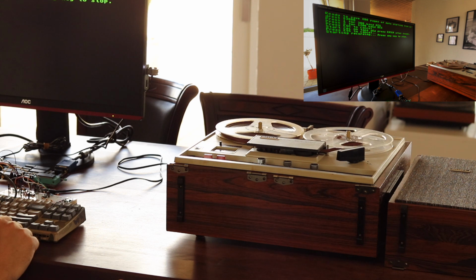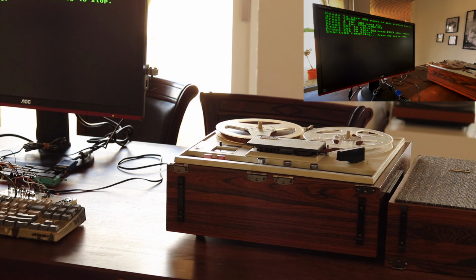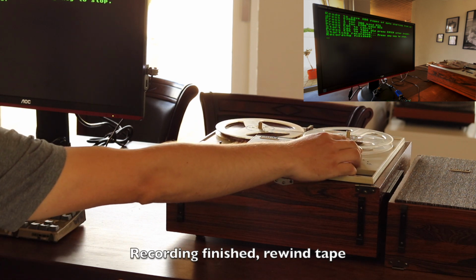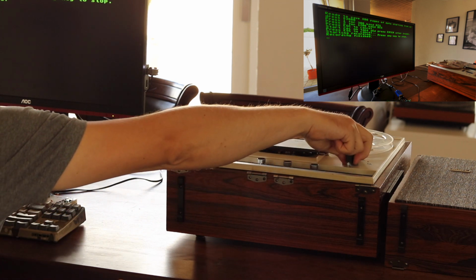Even though I only recorded at 300 baud here, I actually had no problems recording at 1200 baud when I was testing. Maybe it wouldn't be this easy if I was using cassette tape instead of a quarter-inch tape, which probably gives me a bit better bandwidth, but either way, I'm super happy with the quality I get out of the used tape I have, which is actually from the 60s and 70s. I haven't even experienced a dropout yet.